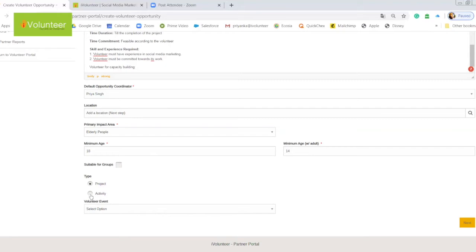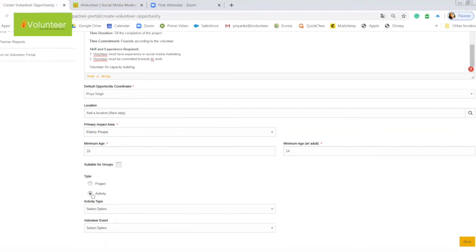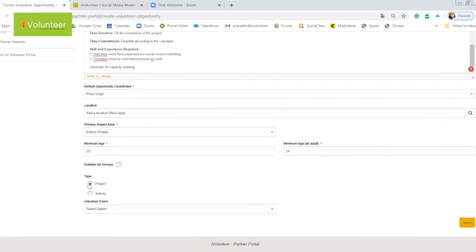Activities would be more of a gathering kind of event. I'll just click and show you some options of that. So I clicked on activity, and here you see it shows activity type. Here you can see recognition, training, academy, social, others. So it's more like an event, like a 2-hour event or a 6-hour event which you are doing, maybe recognizing your volunteers or conducting a training. That will all fall into activity. But this is more like a project, and so I'm selecting project.